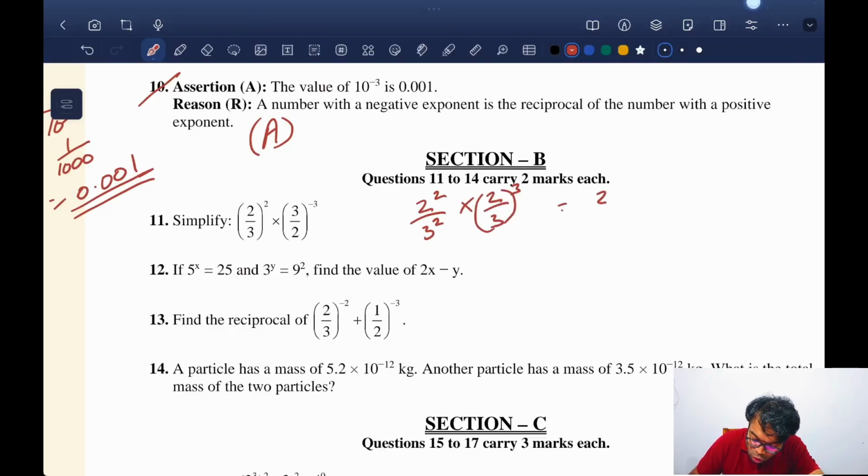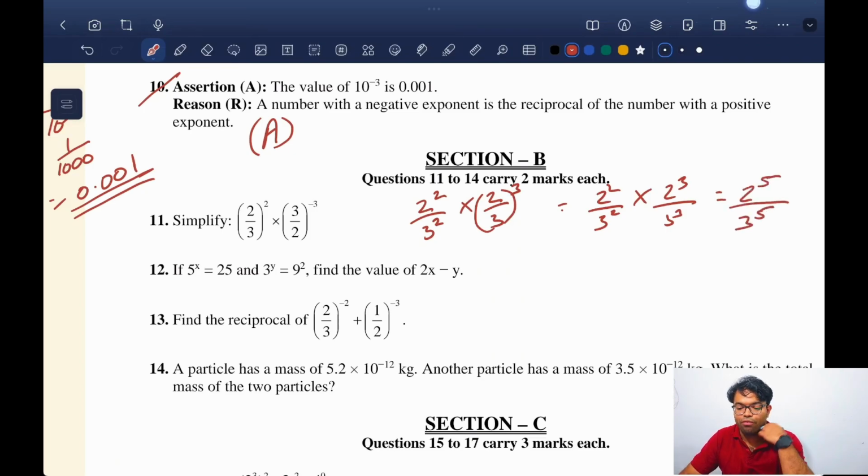ओके. सो क्या मिलेगा? 2 by 3 स्क्वायर मल्टीप्लाइड बाय 2 क्यूब्ड अपॉन 3 क्यूब्ड। इसका आंसर क्या हो जाएगा? 2 रेज टू द पावर 5 अपॉन 3 रेज टू द पावर ऑफ 5। Is that what you got? गलत हो गया।